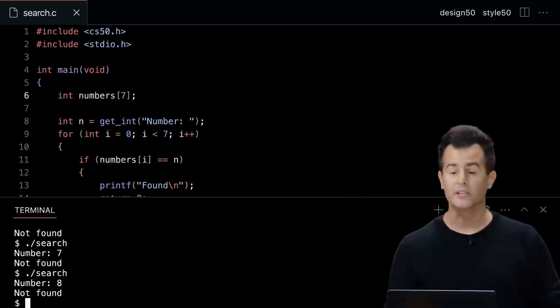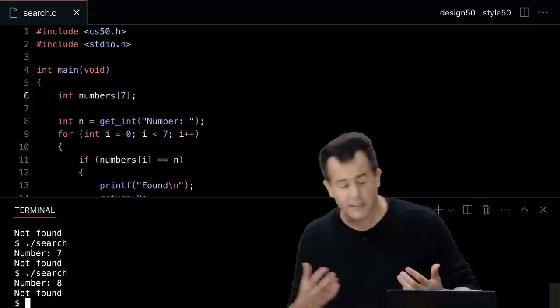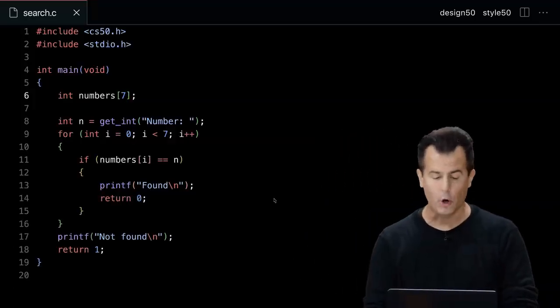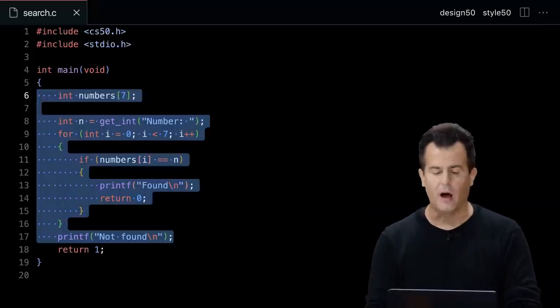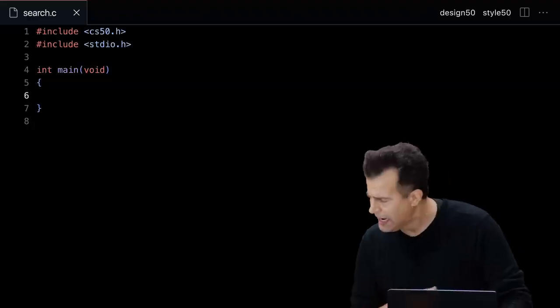All right, so let's transition then to maybe a better version of this. What if the numbers are actually sorted? And frankly, what if they're not actually numbers at all? Let me go back into this code. Let me throw away the contents of main. And let's do something maybe now with strings instead, just so it's more like searching an actual phone book.